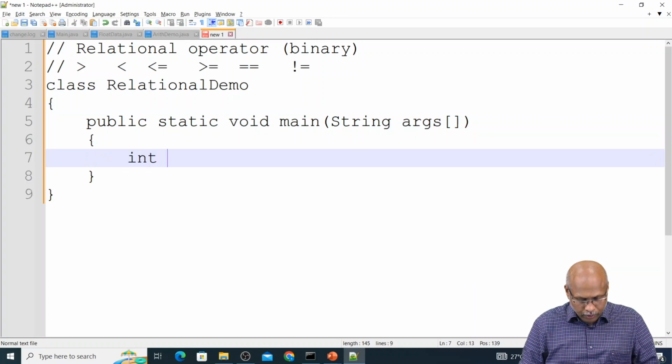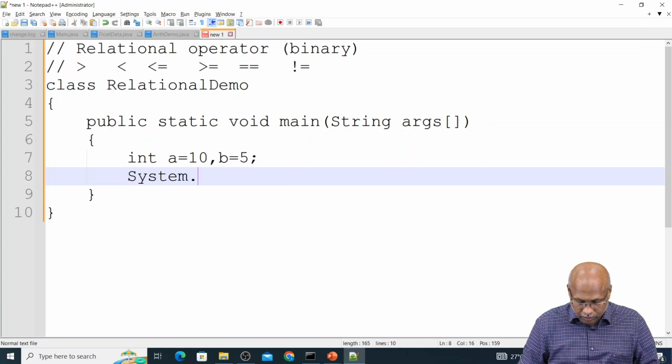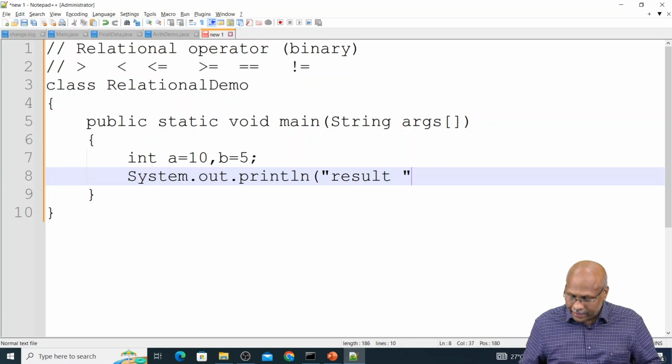I am taking 2 values, int a = 10, b = 5. Now I will use the relational operators. System.out.println, "my result". This result I am concatenating with,